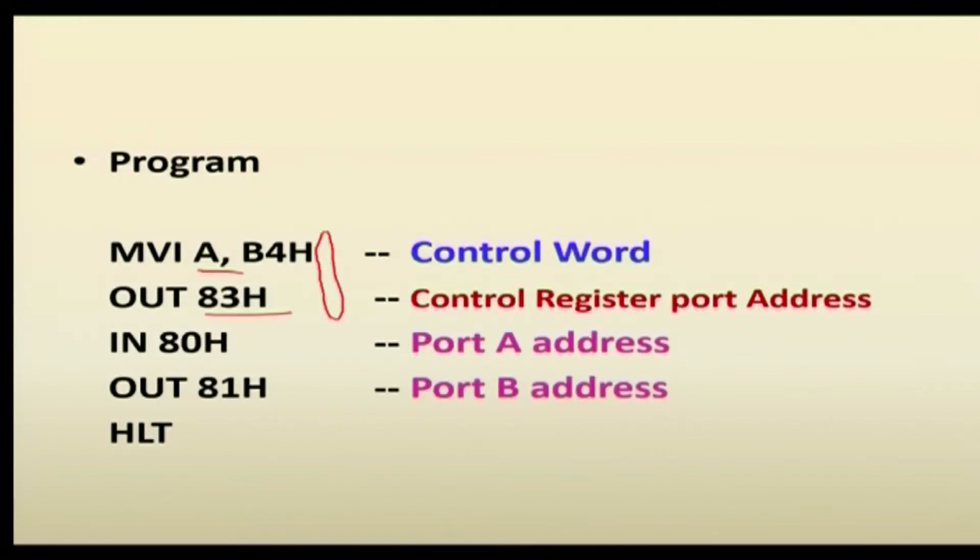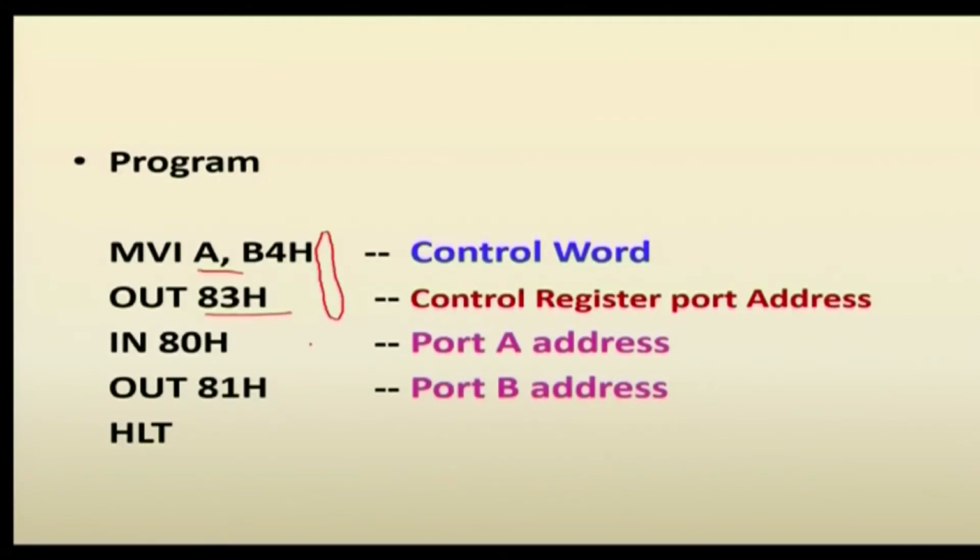Based on that, the 8255 assumes that port A is an input and port B is an output in mode 1. Now, you can connect the input devices via IN 80H. After executing this instruction, it will read the data from the input device. Whatever you have read is simply transferred to the display device.